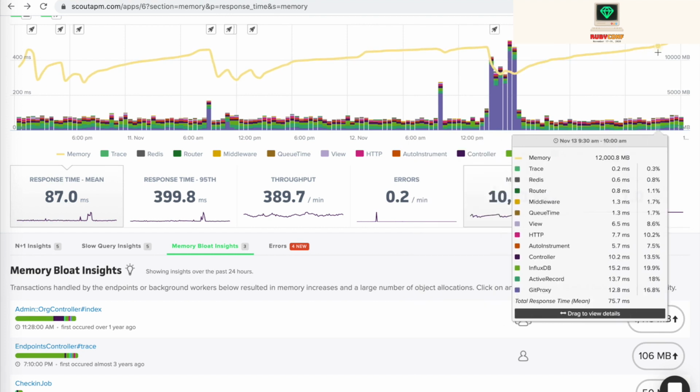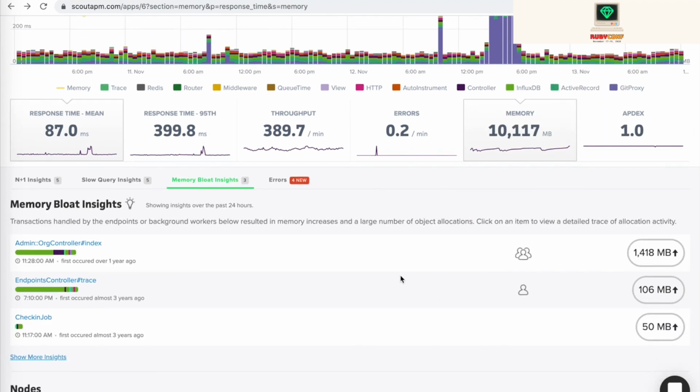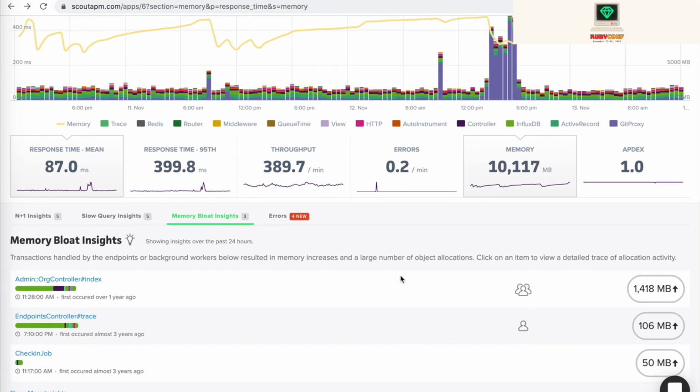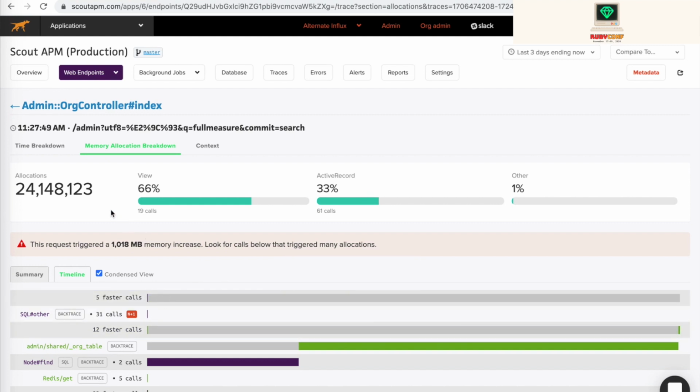So if you keep an eye on your high watermark of your application and you tackle these endpoints where maybe you can optimize for doing streamed processing or some batch processing within lower batches, you can prevent allocations all at once, which would increase your high watermark memory usage. So we can pull this out automatically and point you directly to what's happening in a particular endpoint that's allocating a lot of memory. Here we can see the number of allocations and the layer which was responsible for it. In this case, it's a view partial that renders a lot of data.